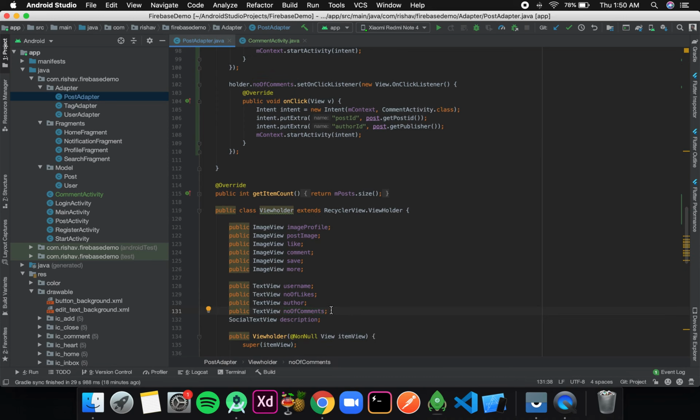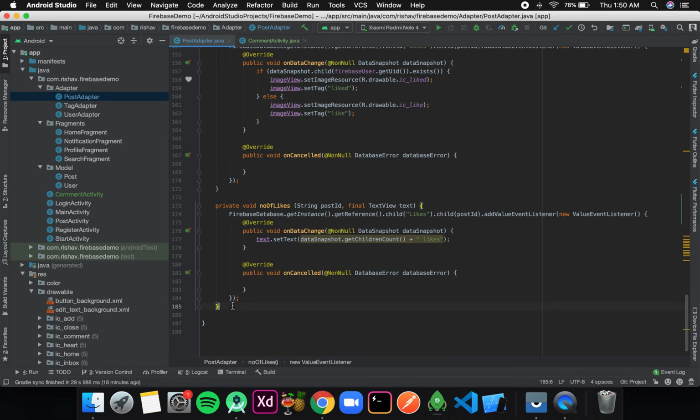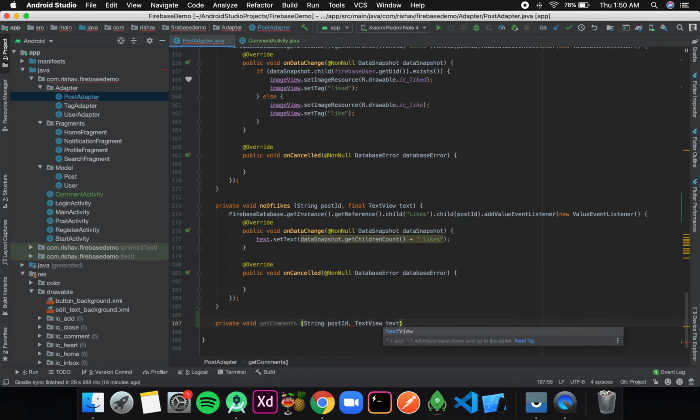So for that I'll again create another method, private void get comments. It will again take post id and the text view, that is text.